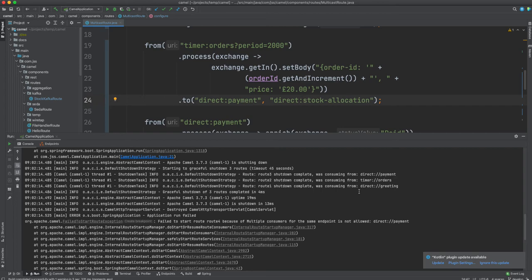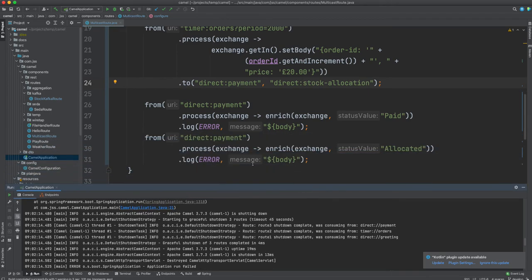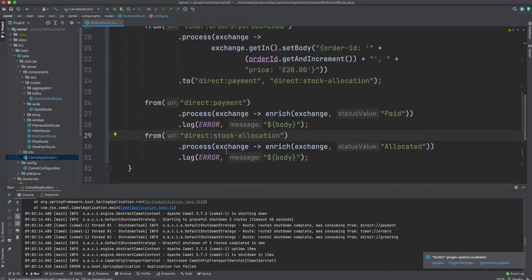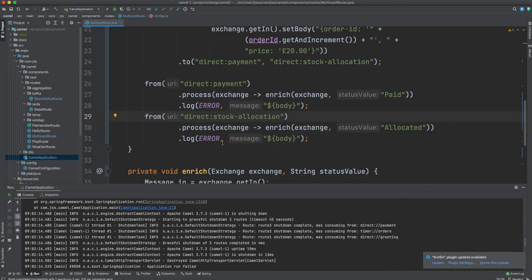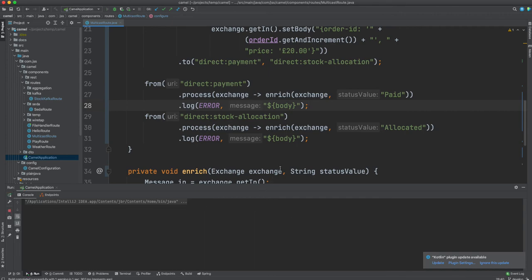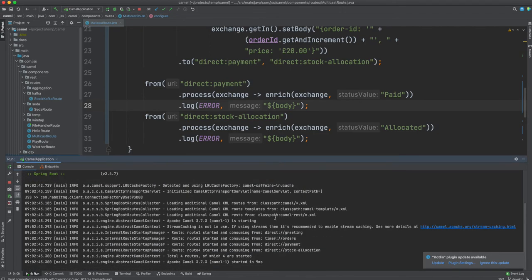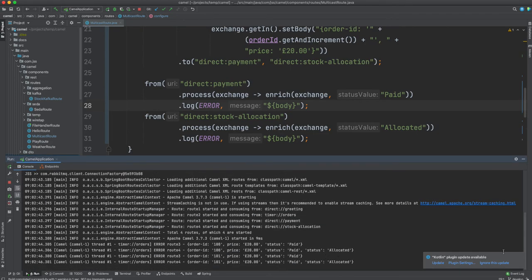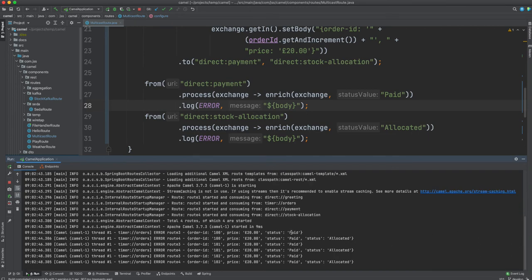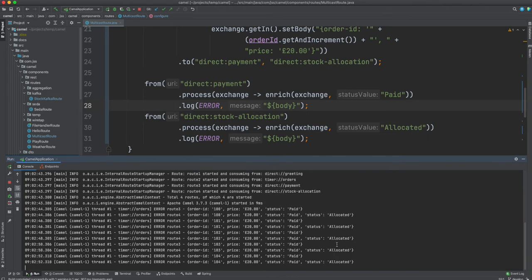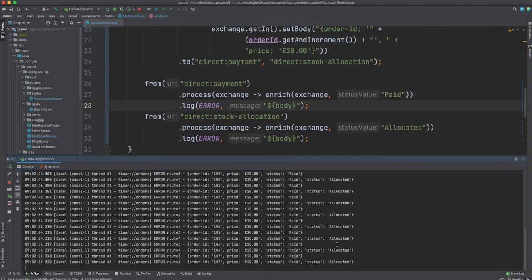Okay, it's saying payment has multiple endpoints. Because as you can see, I copy-pasted; what I should have called is stock allocation rather than payment, because otherwise the system says, hang on, I see two from payments, and it's getting confused. Okay, which is the right thing. If I run it now, because this is sequential processing, as the message goes from one state to another, as you can see, first we got paid, and then I've got another status, allocated, which is telling us that we are working on the same message rather than on a fresh copy.